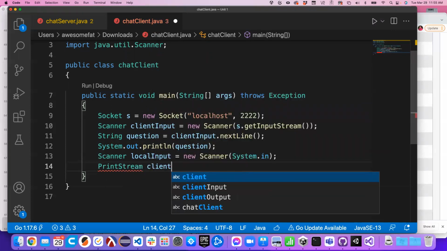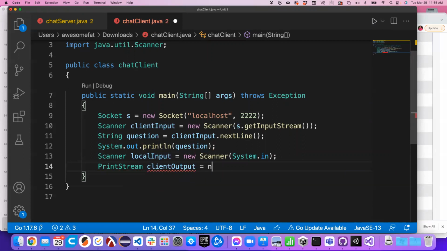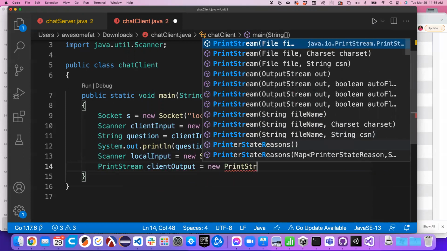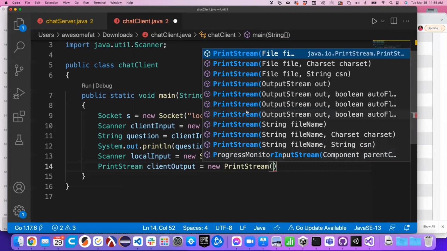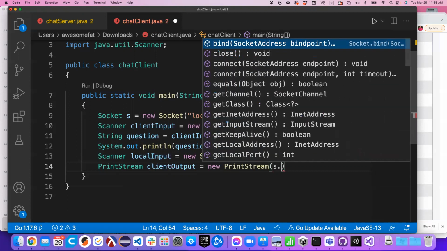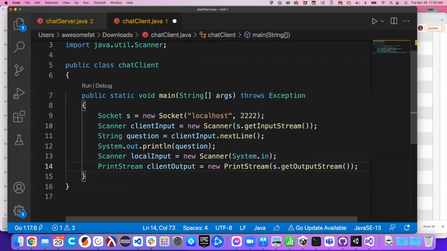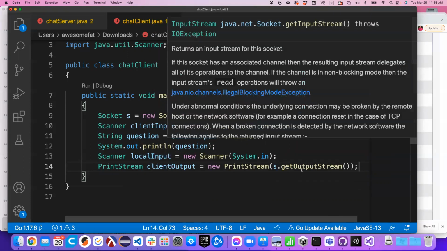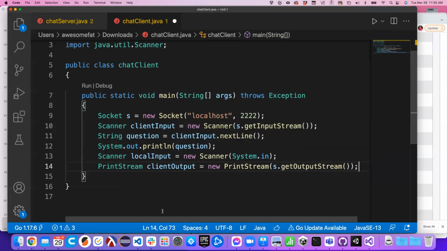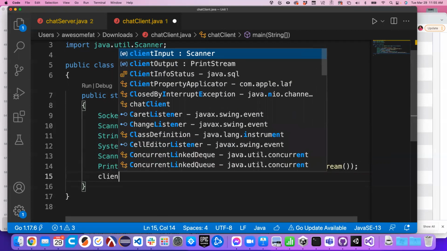Let's call this clientOutput is equal to a new PrintStream, and print streams can be built with an output stream. So the output stream we're going to say is s.getOutputStream. So now we have the ability to write something out to the client. So we're using the socket's input stream and output stream to build local objects that know how to read from and write to. And we'll go ahead and say clientOutput